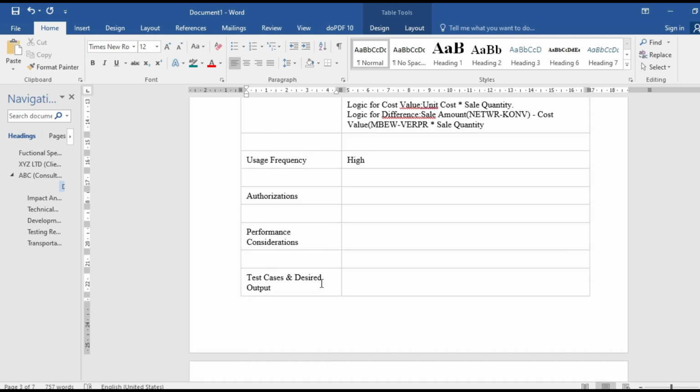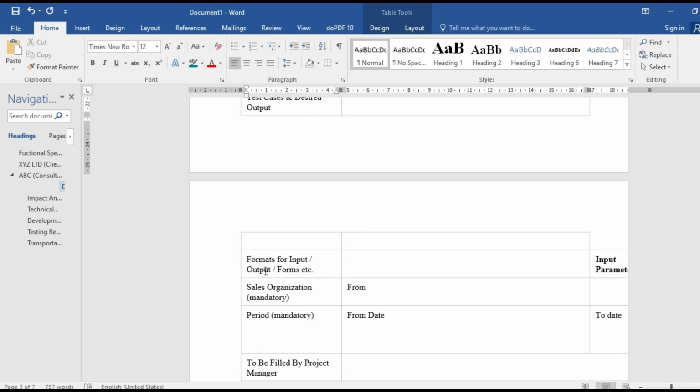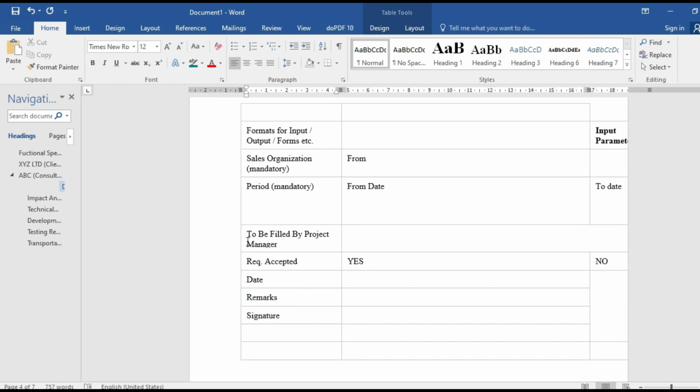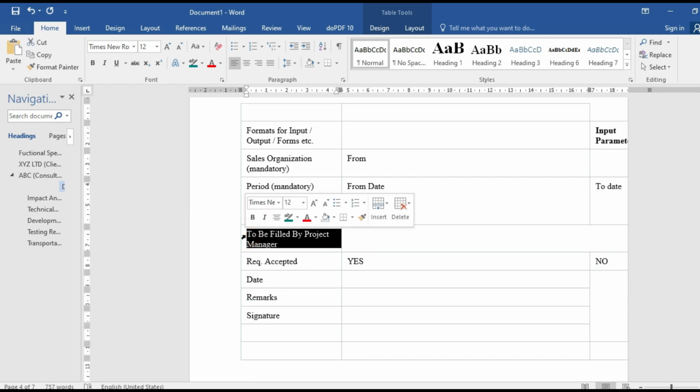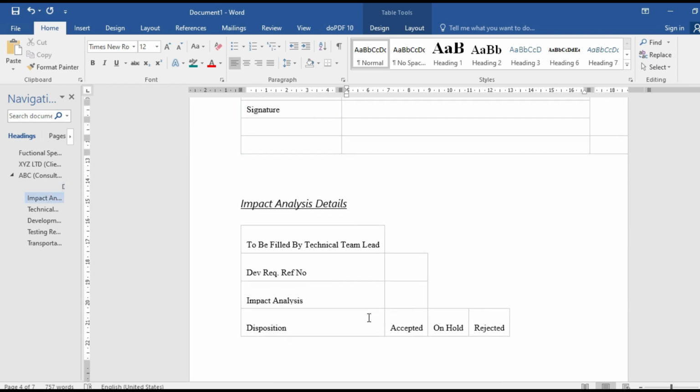Then test case and desired output, what would be the test case and what would be the output. Then format of input and output form.